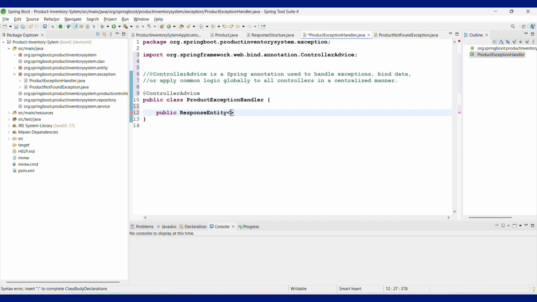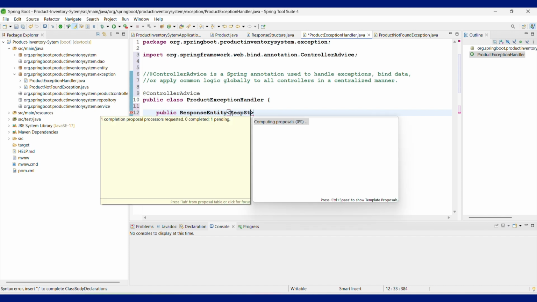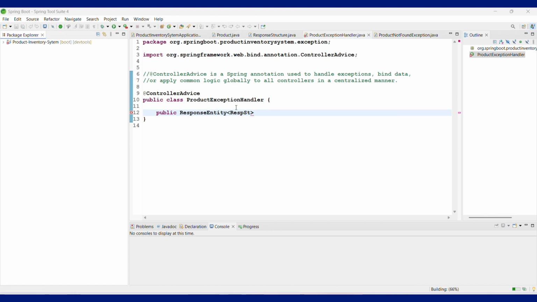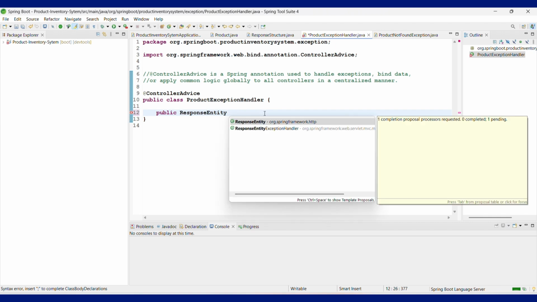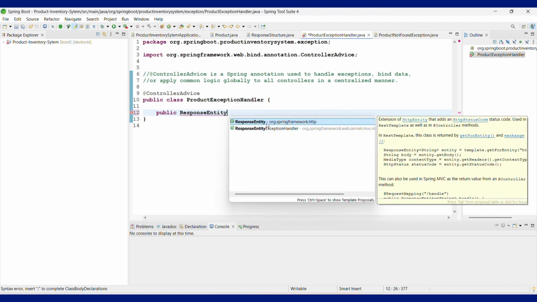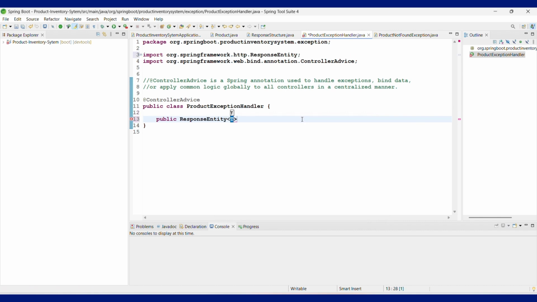Inside of this, the ResponseStructure. Just remove this. As you can see here, ResponseEntity is present in the org.springframework.http package, and inside of this ResponseEntity we have a ResponseStructure,